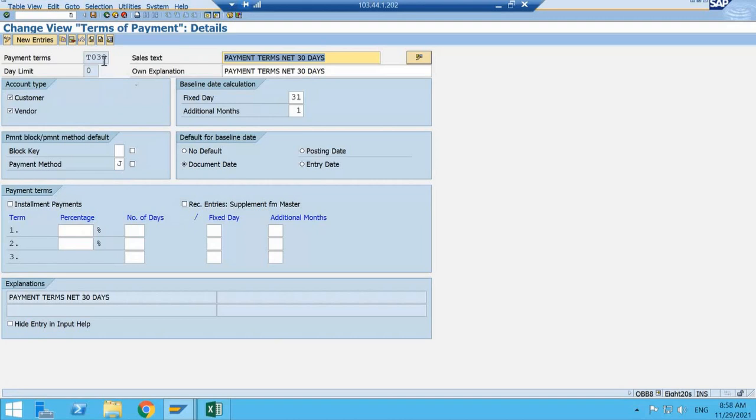Just remember the logic. Based on the payment methods that are defined, I will be linking them up to my payment terms. And since the payment terms are already linked to my vendor master data, based on that, the system would call up this payment method. So for example,